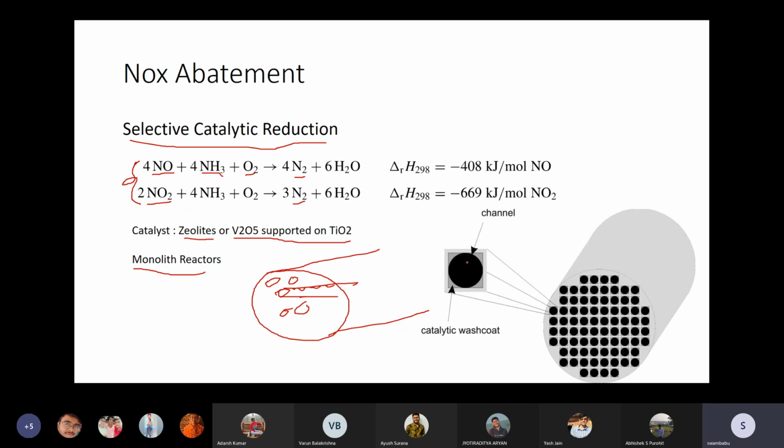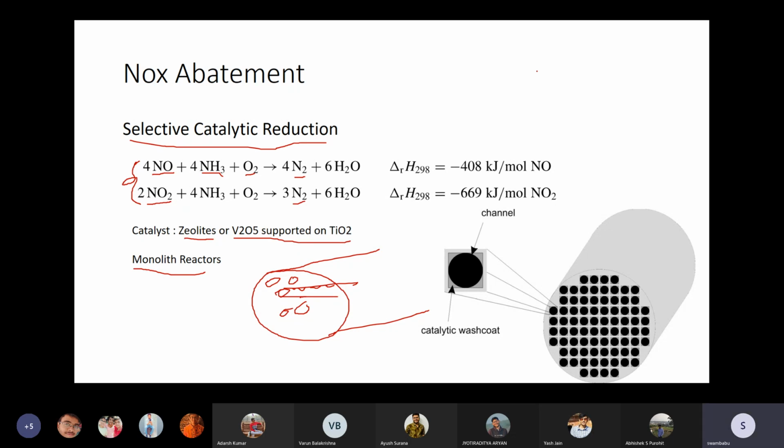You can see a straight pore. You can see the catalyst wash coat, which refers to the active material coated on the surface. So this is what a typical monolith reactor looks like. If you ever open the exhaust in your two-wheeler or in current vehicles, you will see this type of